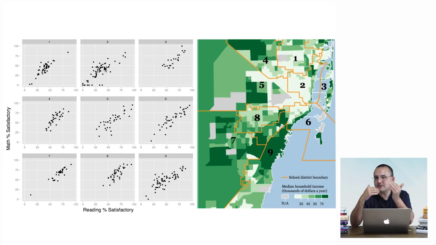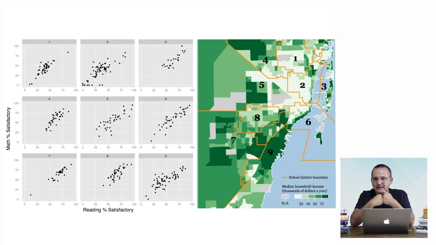But then, if you take a look at the map of board district number 6, you will see that there are very low income areas. It's like there is something that cuts the district in half. High income at the bottom, low income on top of that. That thing that cuts the district in half is US 1, all right? US 1, a road, cuts the district in 2 halves, high income and low income.